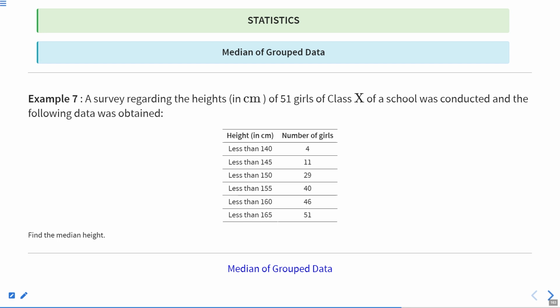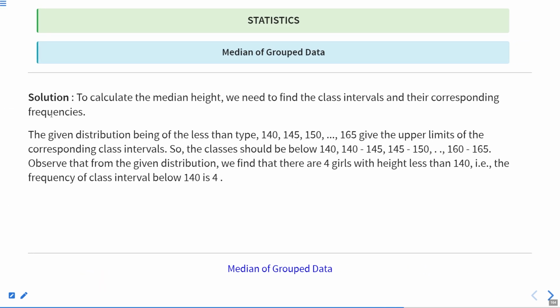To calculate the median height, we need to find the class intervals and their corresponding frequencies. The given distribution being of less than type, 140, 145, 150, up to 165, give the upper limit of the corresponding class intervals. So the classes should be below 140, 140 to 145, 145 to 150, up to 160 to 165. Observe that from the given distribution, there are 4 girls with height less than 140. That is, the frequency of the class interval